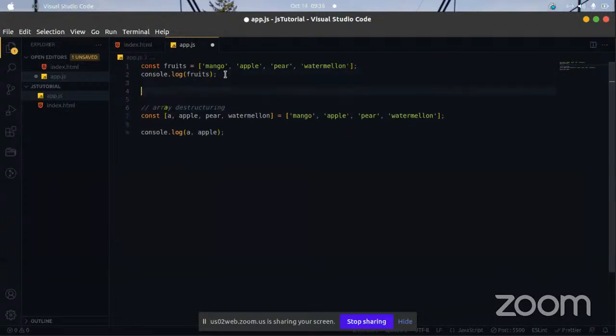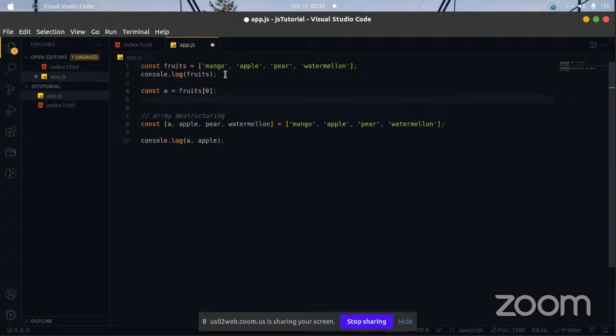Okay, so Malik, this is what I wanted to do. Let's say we want to create a variable, say const. I want to assign a to the first value of the fruits array. So we could just say fruits 0, and then we create another variable and we set it equal to the second value.